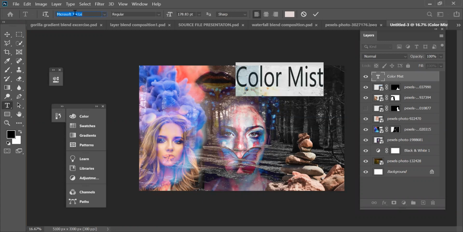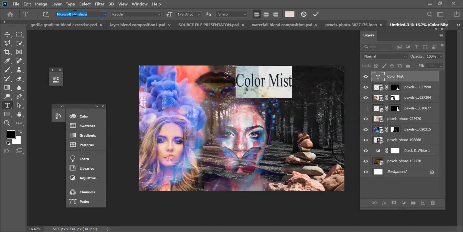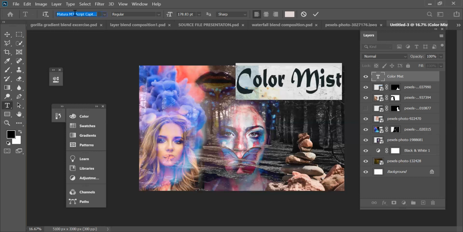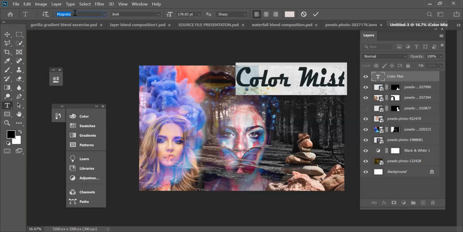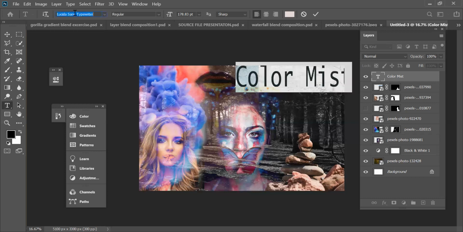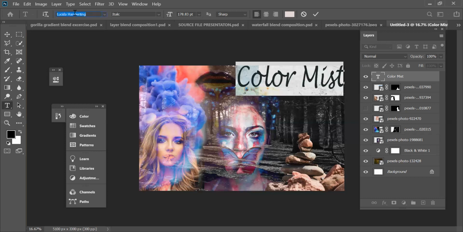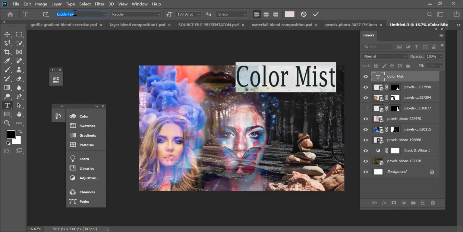One thing, just be very careful while making your mood boards or writing any sort of typeface or making your portfolio. Don't use any typeface which is very experimental, like this one, Color Mist. I will not be able to understand it, or anybody will not be able to read it properly. So make sure it looks part of your mood board. Suppose you're creating something vintage, it should not be very, very cursive. If it's very cursive, then nobody will be able to understand it.